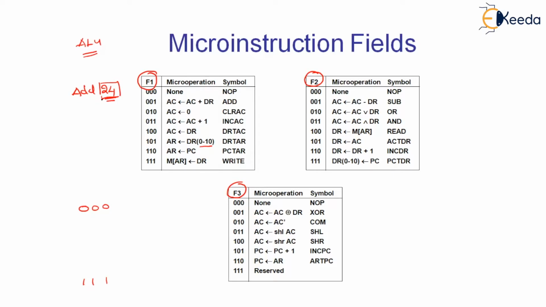Now let us say this is the instruction register. You know that the data register functions as both the instruction register as well as the data register. In the initial phase of the instruction cycle, it is going to act as an instruction register. In the latter phase of the instruction cycle, it is going to act as the data register, because the moment the opcode has been decoded, we don't require this instruction anymore, because we already knew what specific operation needs to be performed by this instruction. So in the latter course of the instruction cycle, this data register is going to hold a data operand.